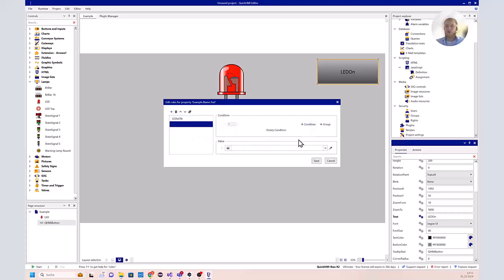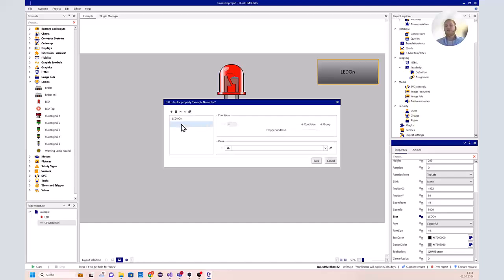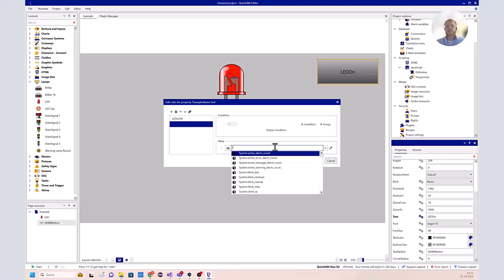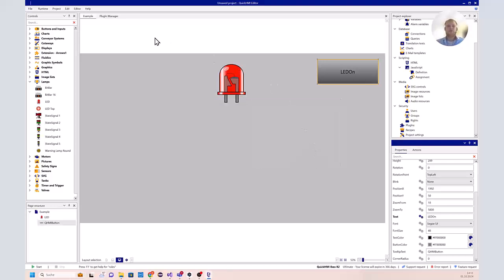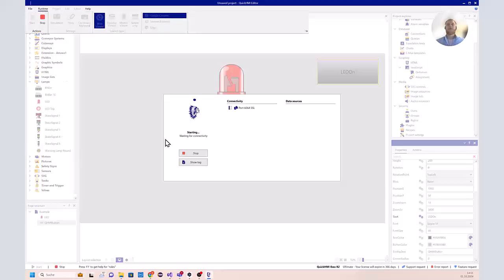So we don't need a condition here right now because the LED can only be true or false. So if it's not on, it needs to be false. So we don't need a condition. We add here LED is off. And save this. And now, if we start the runtime again,